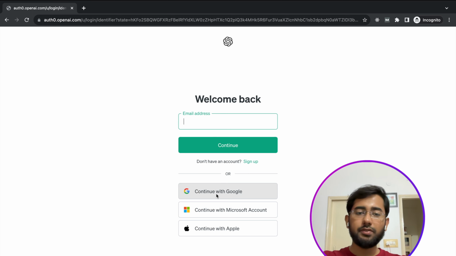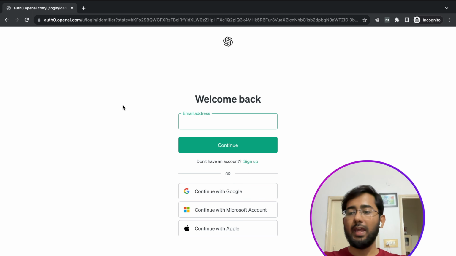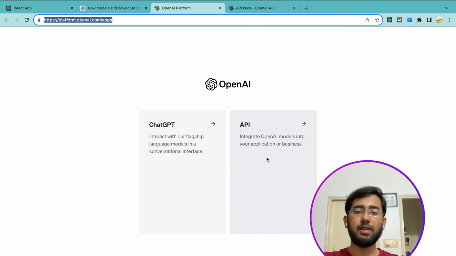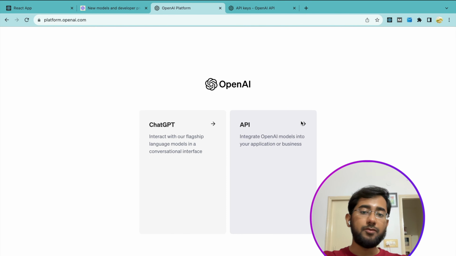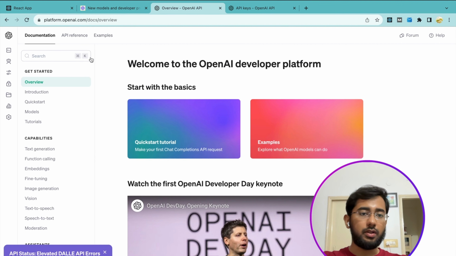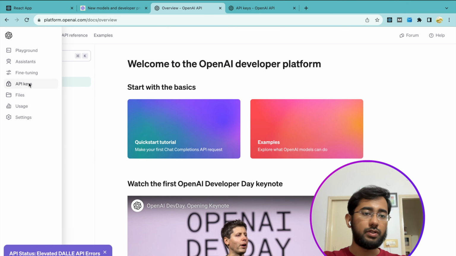Now, after you have signed up, the next step would be to get an API key. Think of the API key as your golden ticket to access OpenAI APIs. Now, don't worry, it is not going to be tricky. It is just going to be a few clicks, and you'll be able to get the OpenAI API keys. So you can go to this URL over here, go to the API keys. The URL is